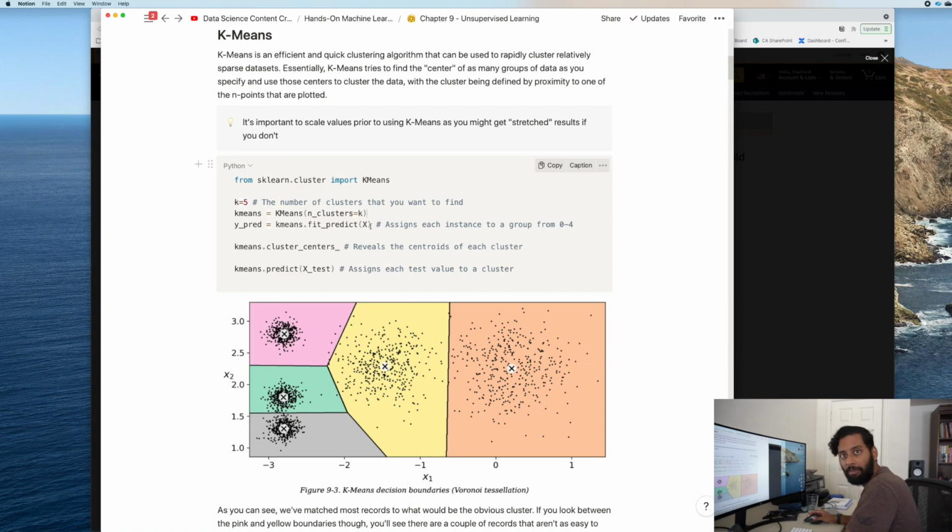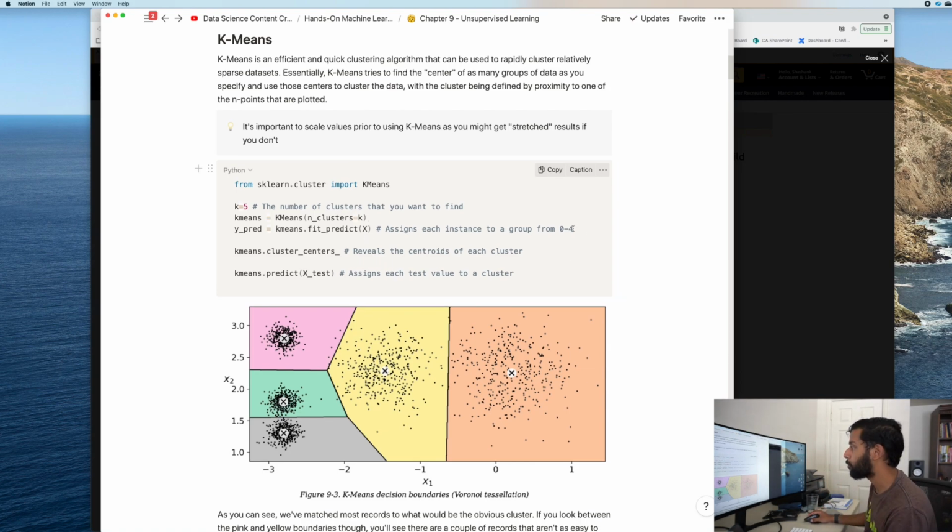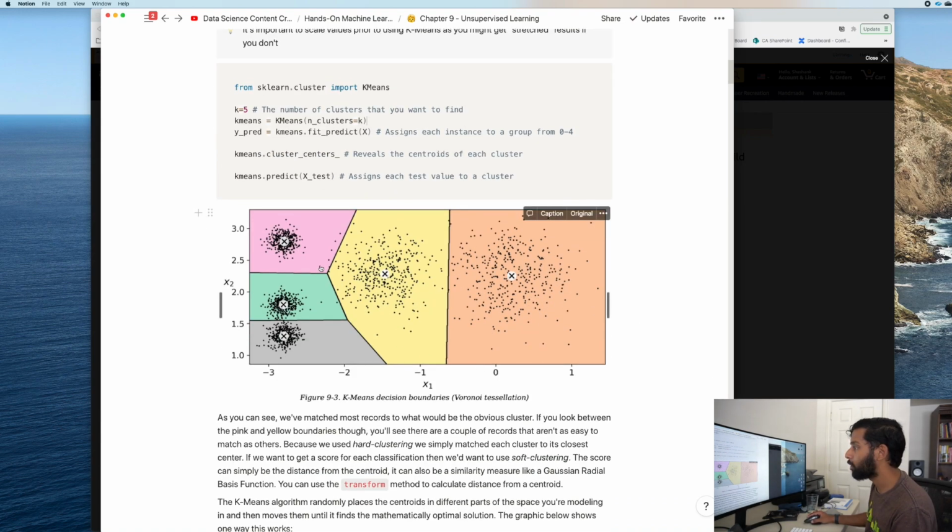It's assigning every instance, so every row of your data, some group from 0 through 4, meaning 5 values, because we told it to cluster into 5 different groups. Then you can see where the cluster centers are, and you can go ahead and predict for an X test if you have it. So here's what's happening. In this example, there are only 2 dimensions of data, x1 and x2. You'll see k-means determine that there are 5 basic centers of your data. It's a really simple algorithm. Basically, it goes ahead and finds a center. So you have 5 clusters, right?